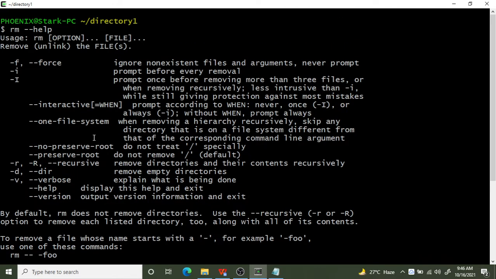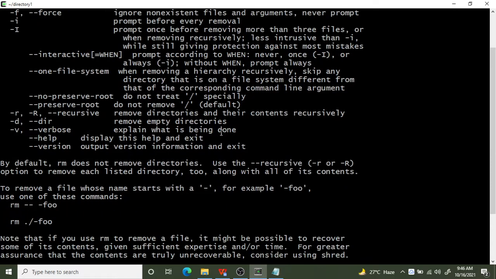So many different options are there. -f, -i prompt before every removal, capital -I prompt once before removing more than three files, or when removing recursively, less intrusive than -i while still giving protection against mistakes. Okay, fine. So you should be very careful around this. -r, and then -d, remove empty directories. -v, verbose, explains what is being done.